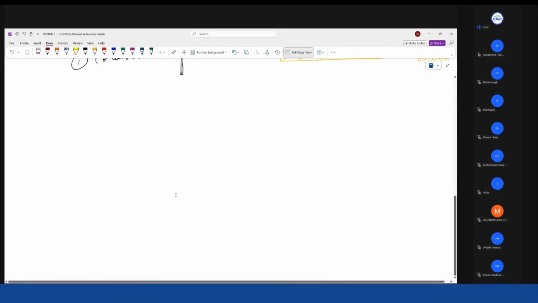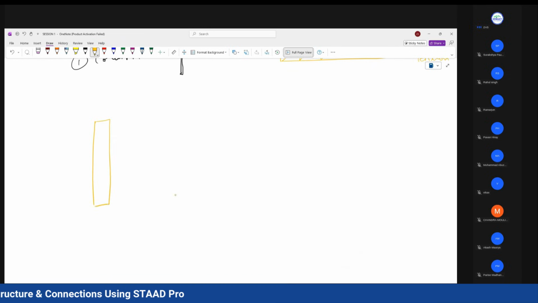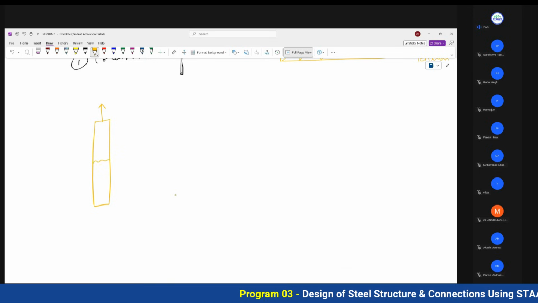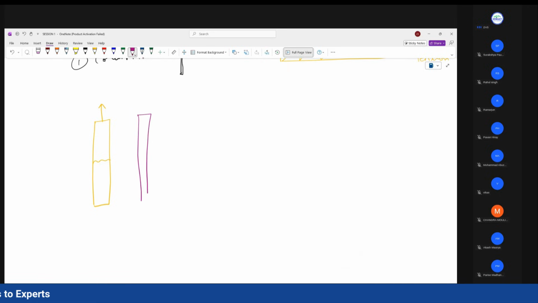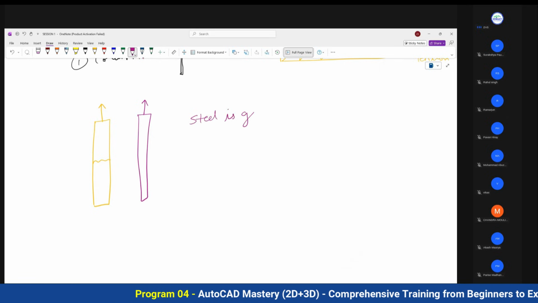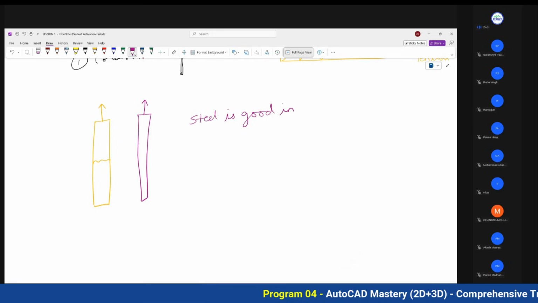Why am I telling you this? For a column, when force is applied, let's assume this is an RCC column, and at the second place you have your steel column. On both the members, force is applied. You have steel, which is good in